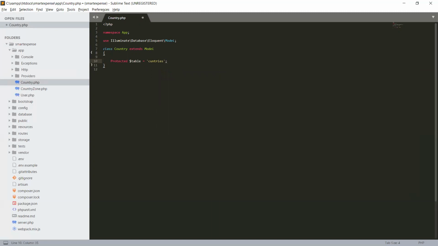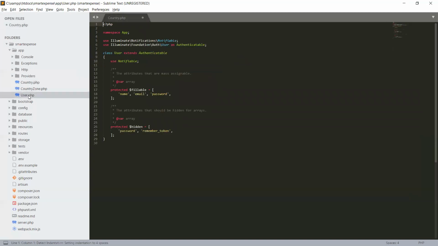Here, when we switch to User, you see no protected table is defined, because Laravel is smart enough that it knows its table will be users, not user. By default it checks the plural table name, so it is not required to define the table.